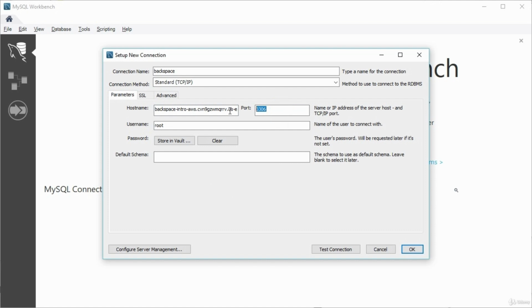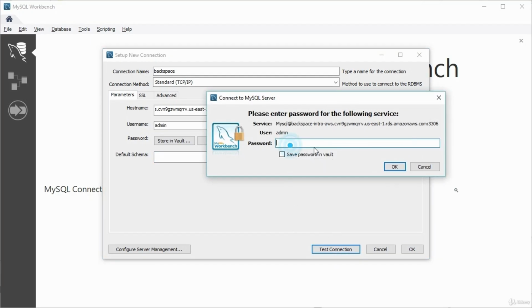And the 3306 is our port number, which is already detailed there on the screen. Now, our username is going to be that master user that we set up when we created our RDS instance, and I used admin. And that is all we need. We just need a user, we need a host name, and we need the port that we're connecting on. So if we just test that connection now,